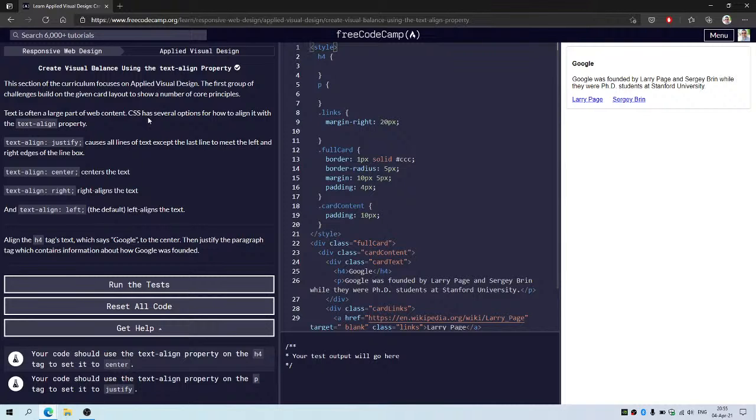Oh, hooray! So we finished actually the basic CSS. We arrived at the applied visual design. Let's see how long we've been at it already. Oh, so it's already 41 minutes. Gosh. I'm going to do only one as a teaser, and the rest I'm going to do tomorrow. I'm not going to promise when I'm going to schedule the video for tomorrow,